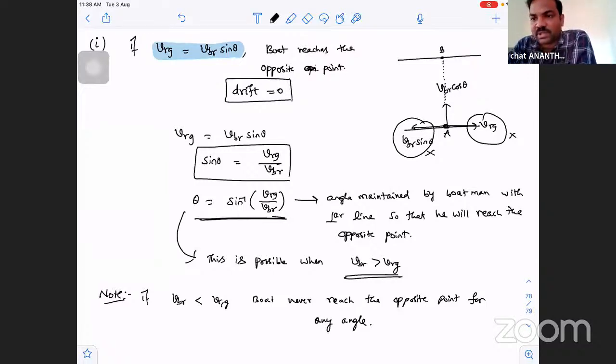And from logic also, or common sense also, we can say boat velocity is less, river velocity is more, then he has to go along the river. Just like I told in one case, 10 is the river velocity and boat velocity is 4 meters per second going upstream. I've given that example also. See, along with the physics and mathematics, sometimes you have to think from your common sense also. If the boat has less velocity, the boat has to go along the river flow.